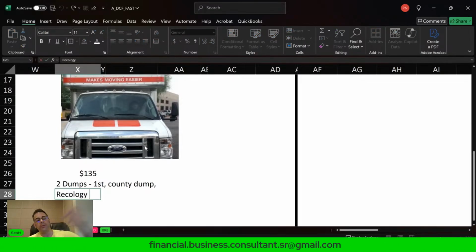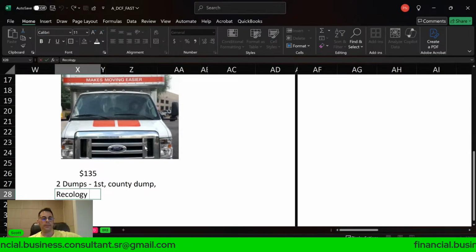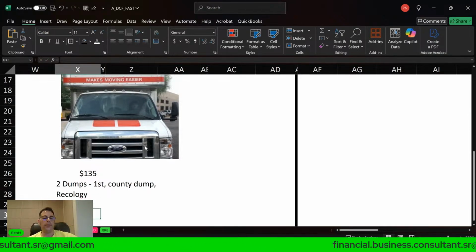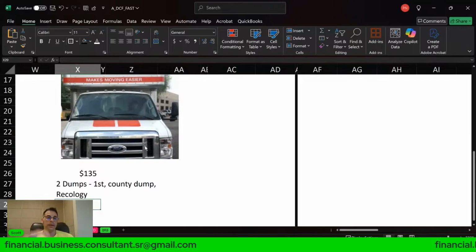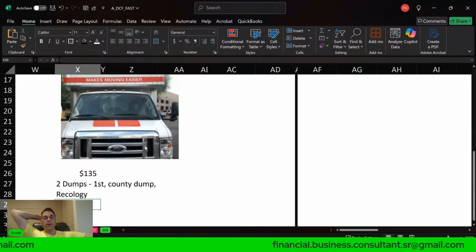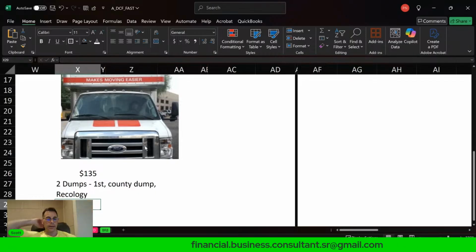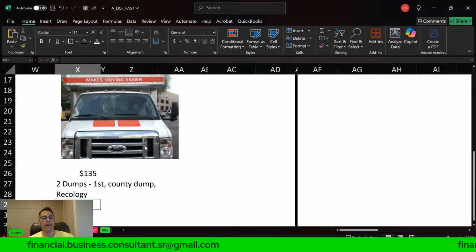So I drive all the way back to Recology, near where I live, nearly an hour away, and then they tell me, yeah, you can dump this, but if it's a paint can, you cannot dump it. We don't take paint cans. But he said, if you go to the dump next door, they specifically take chemicals and paint. I was like, okay. So I dumped everything, and I had like 50 cans of paint.